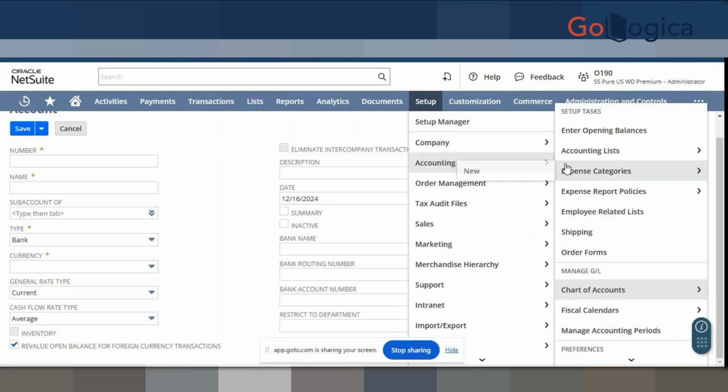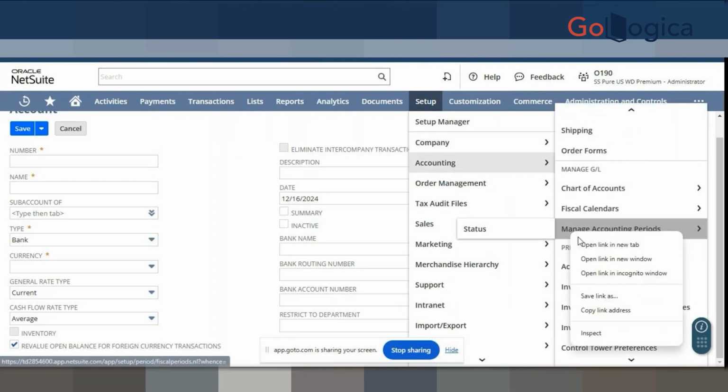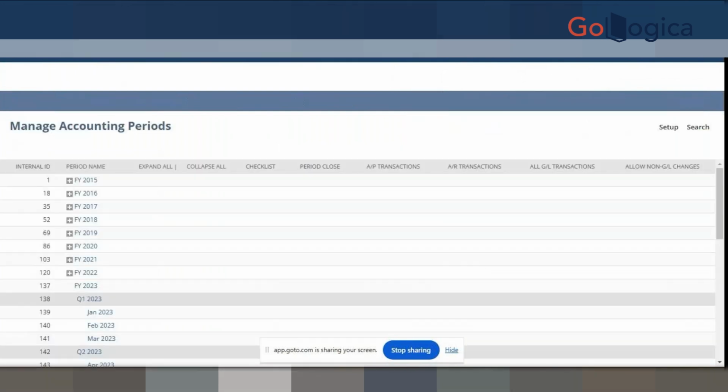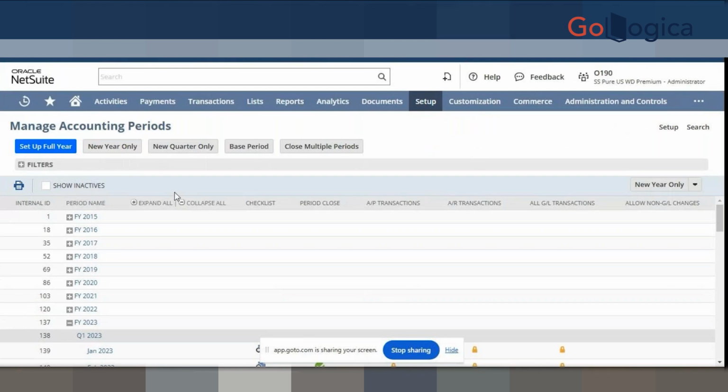create accounting periods. Okay. So you can create accounting periods here to post the transaction. So whatever transactions you'll be doing for that particular time period, just to make sure that those transactions belong to that time period only and they should not fall into another time period. You maintain accounting periods. Okay, so you can set up a full year by clicking on set up full